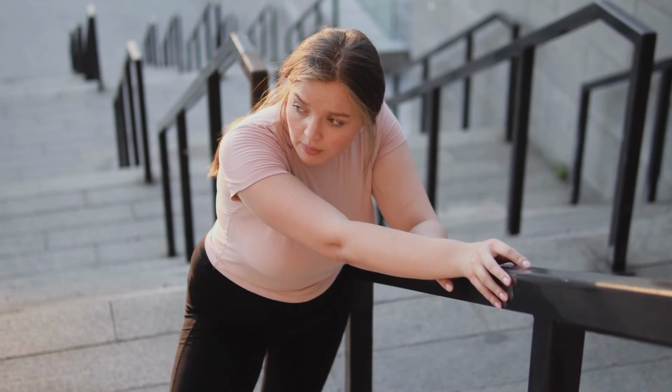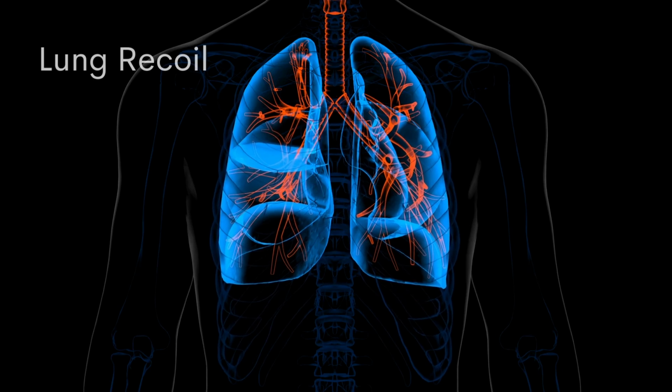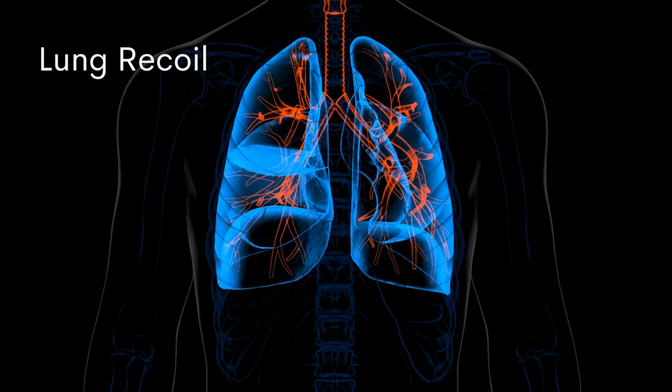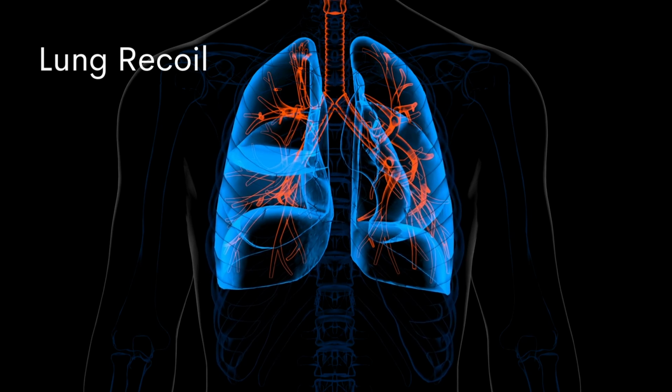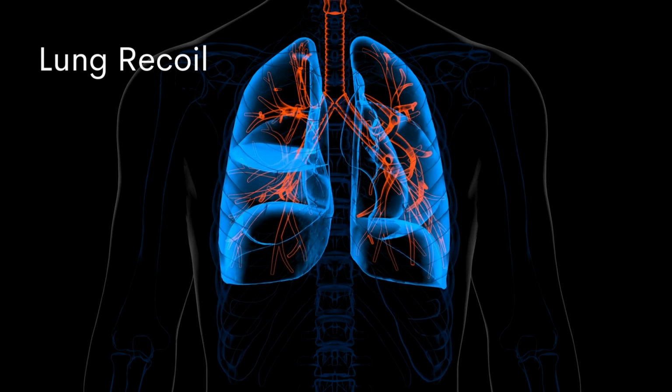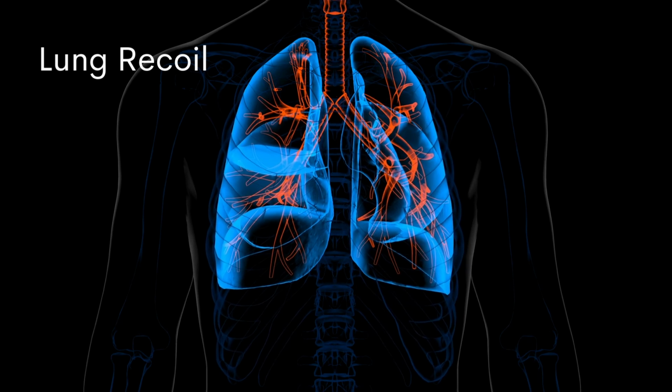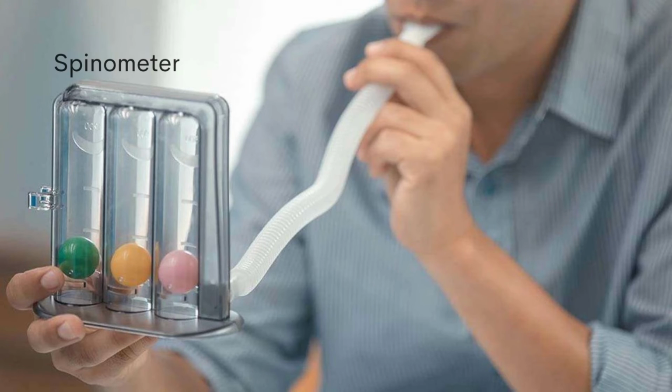Physical principles in airflow into and out of the lungs: changes in volume result in changes in pressure, and air flows from an area of higher pressure to an area of lower pressure. Lung recoil is the tendency for an expanded lung to decrease in size during quiet expiration. Factors that keep the lungs from collapsing: surfactant and pleural pressure.